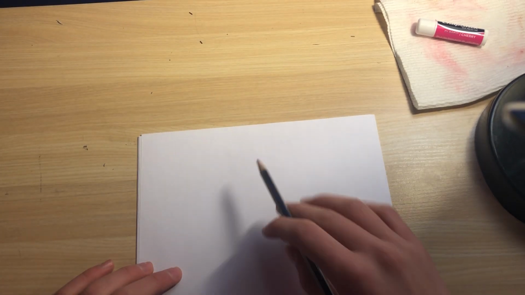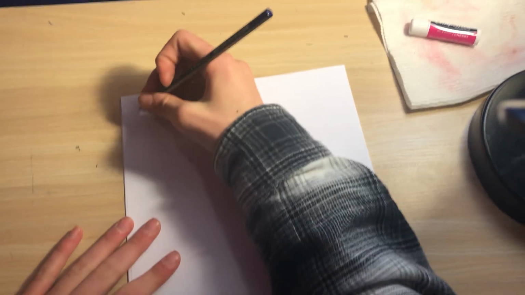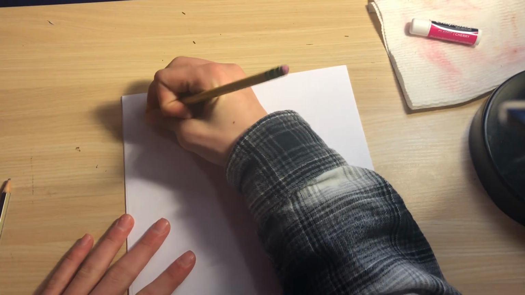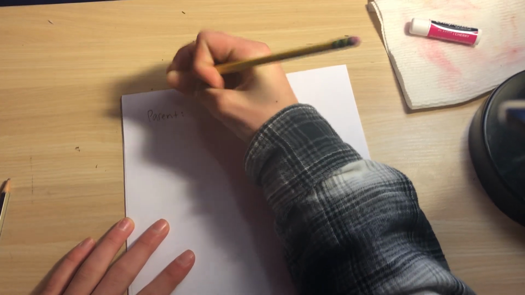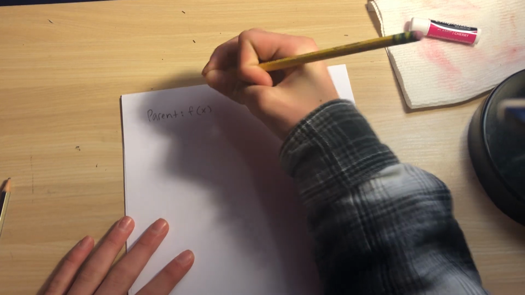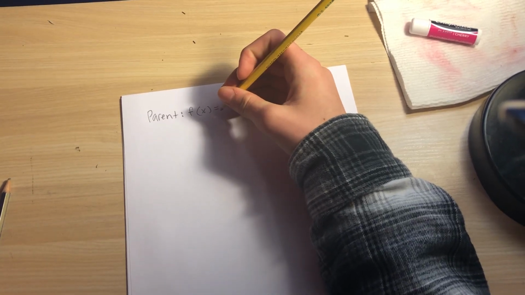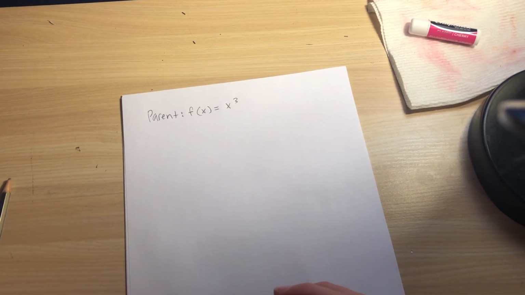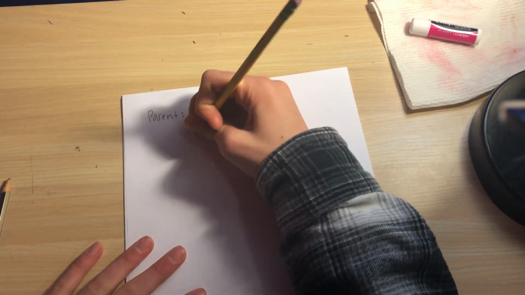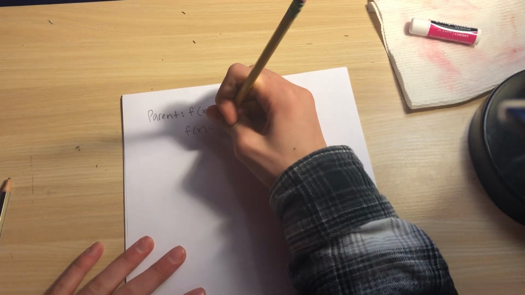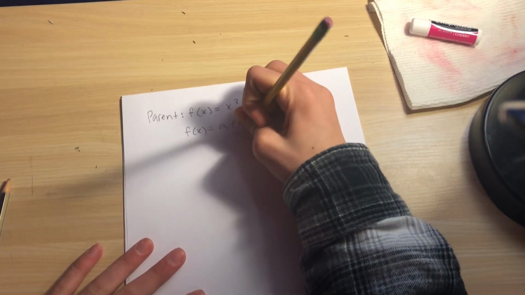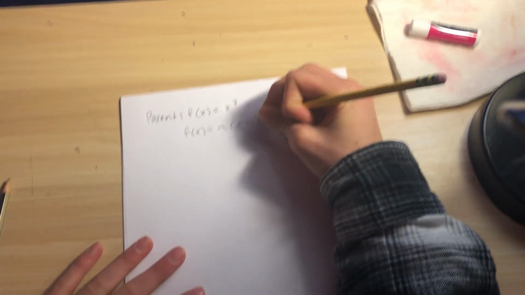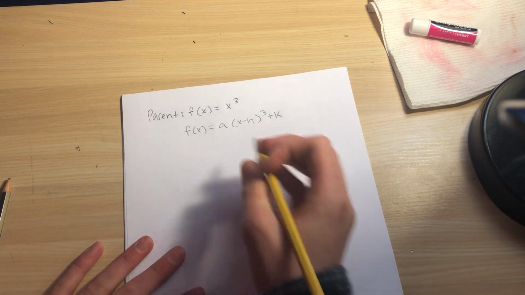So, where we left off is we had to show how these transformations can be applied to parent functions. So, let's say I had this parent function of f(x) equals x cubed. If we were to write this as a transformation, this transformation would be f(x) equals a(x minus h) cubed plus k. And if you don't remember what these mean,